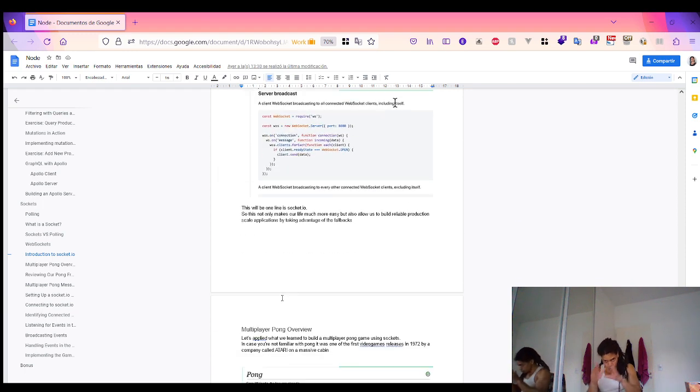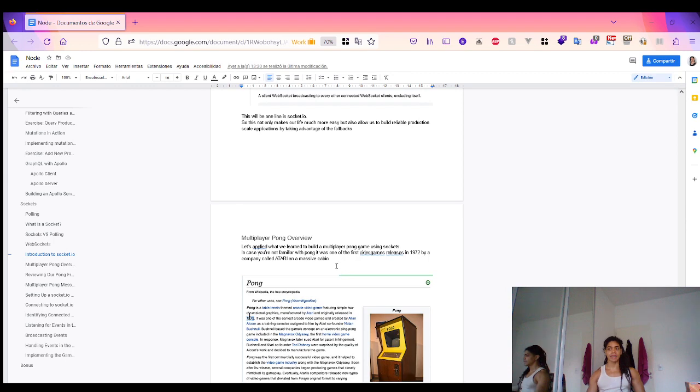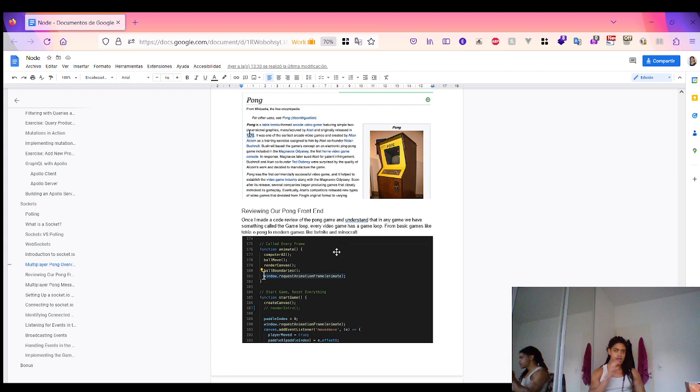So, with that huge introduction, I look at how we can apply that knowledge by writing a multiplayer Pong game. If you're not familiar with it, this is one of the first video games, released in 1972 by a company called Atari on a massive cabinet. So I do a code review of the code they gave me, and the TLDR is that this code, for example, in video games,